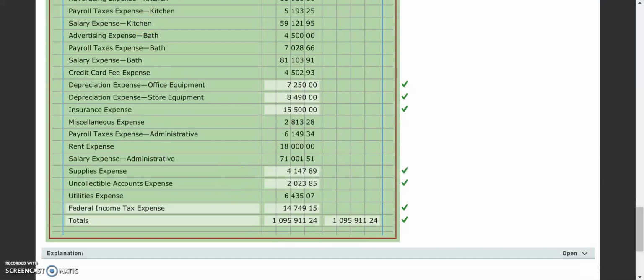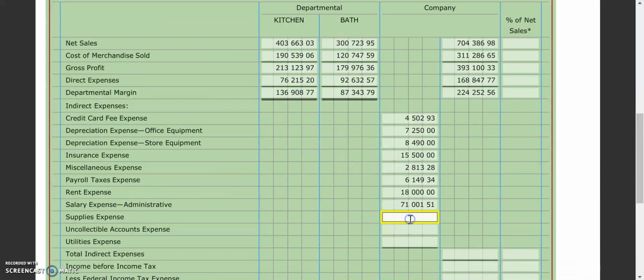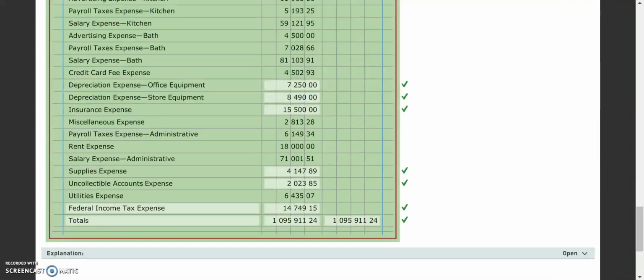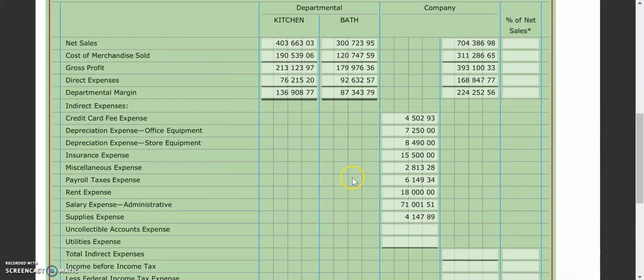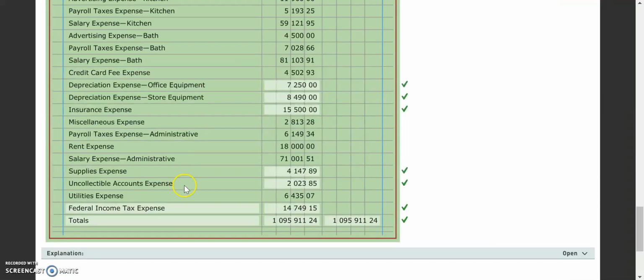Supplies, can find that there, $4,147.89. Utilities, $6,435.07. Oops, and 7 cents. Oh, did I miss one? Oh, I missed uncollectible accounts. That's my fault. Uncollectible accounts is